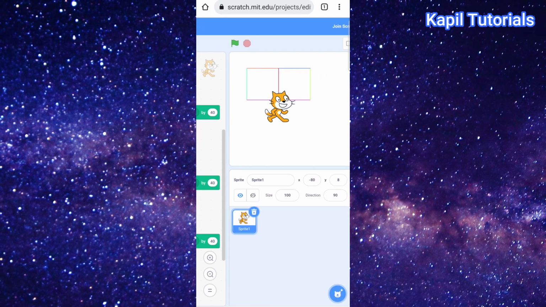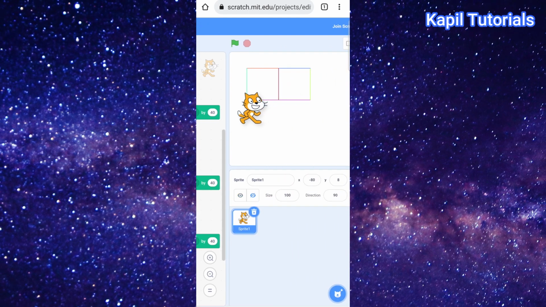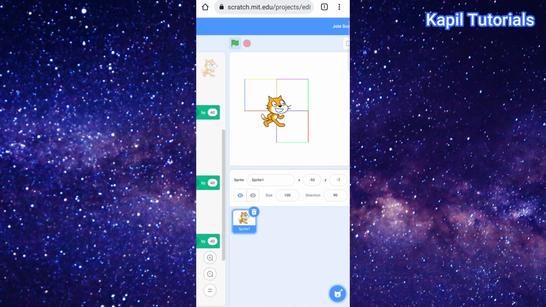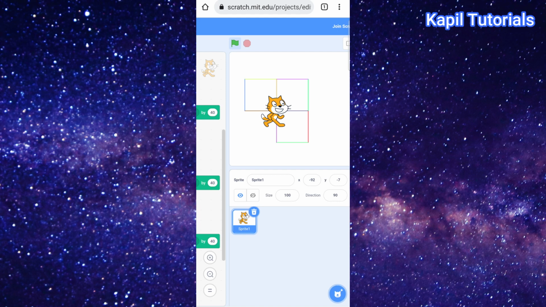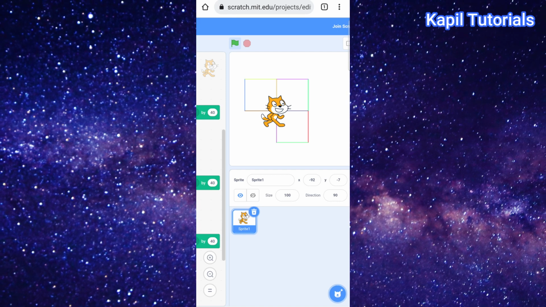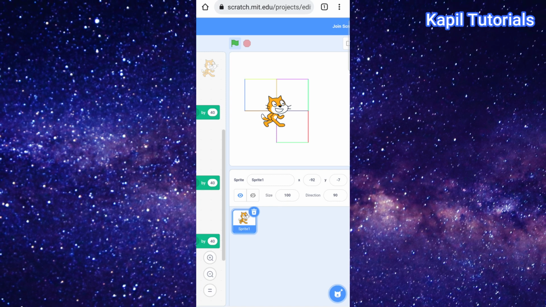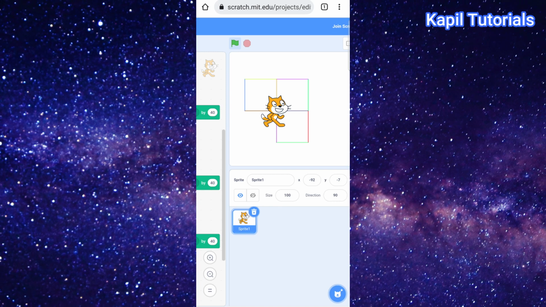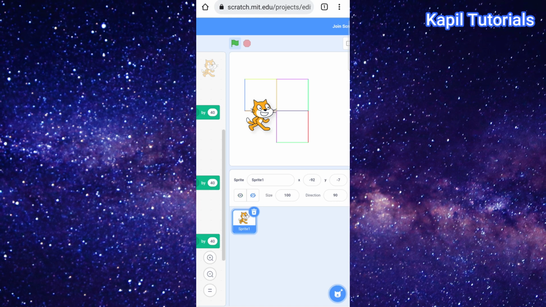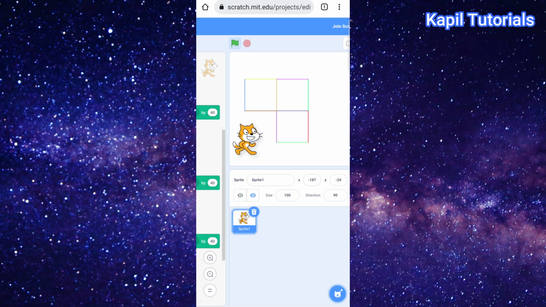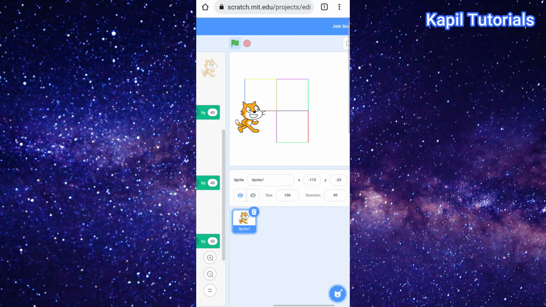So let's see. I'll just take my sprite in front. You could see here 3 squares are ready. So it's very simple. Now I have to make the 4th one. What I want to do, somehow after making these 3, it should come backwards here, and then it should make the square like this. It's very simple.